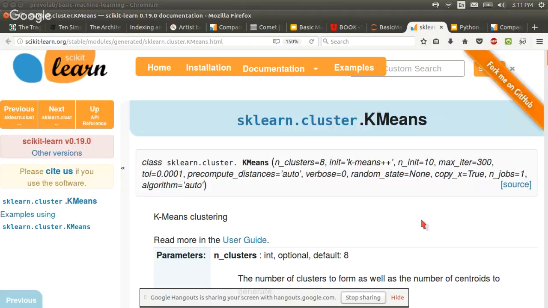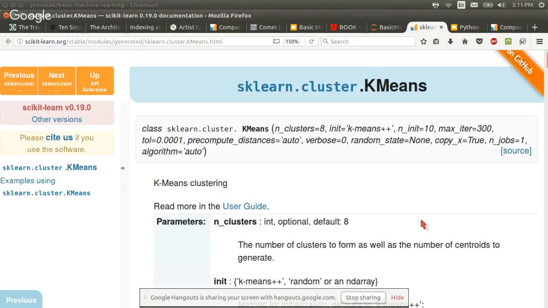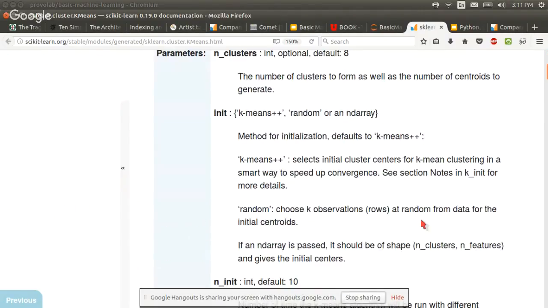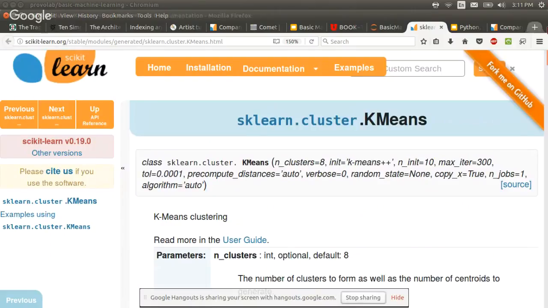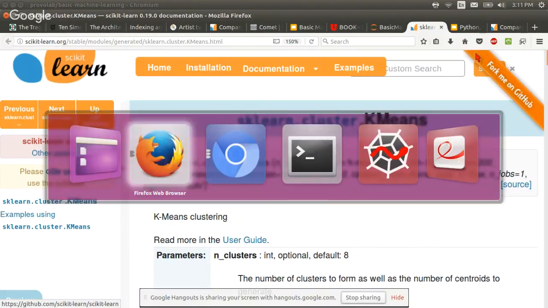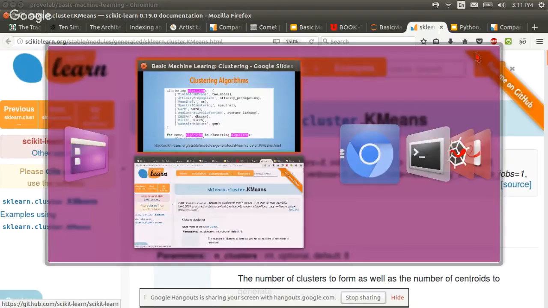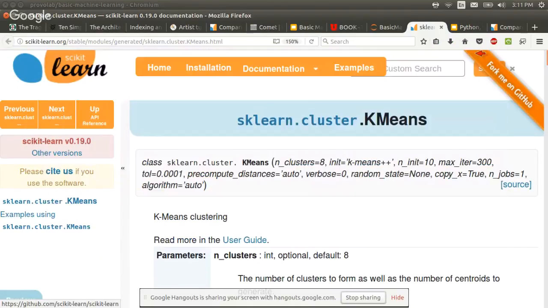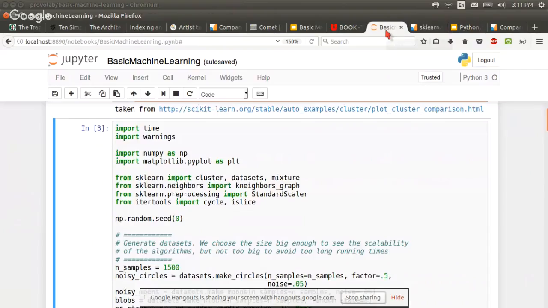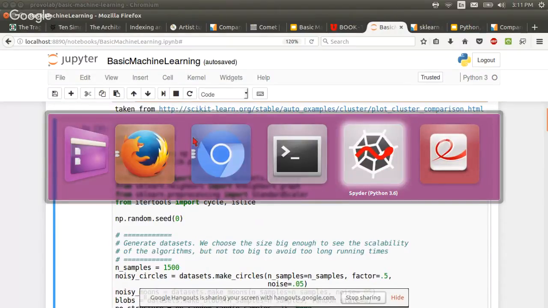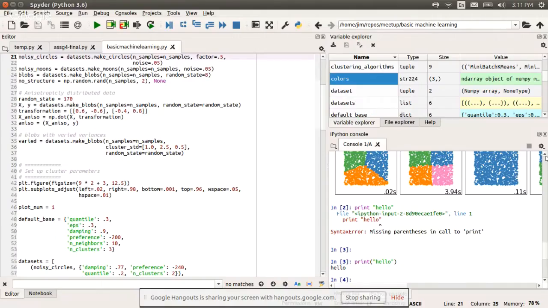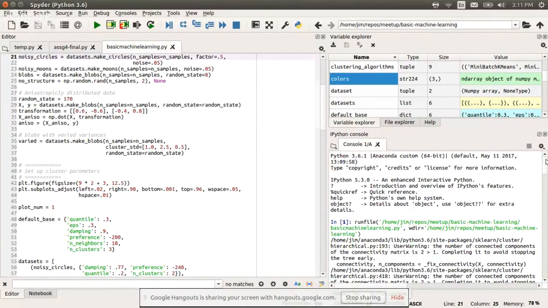Okay, so you have this k-means algorithm. I clicked on the link and this is the documentation for it. But let's actually take a look at the notebook and run the actual code here. This is the notebook called Basic Machine Learning. So you import. One of the things that I think was really interesting about this is that you can have warnings come up. I'll show you this in Spyder. In the code I suppressed them. They have something that suppresses warnings, and I commented that out.